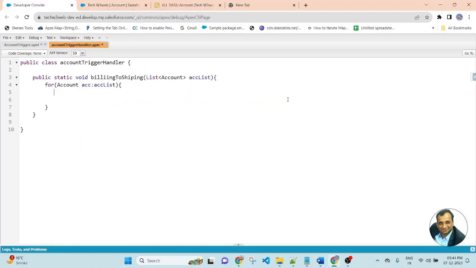So friends, before assigning the billing address to the shipping address, first we will write a condition. If the checkbox is checked, then we will update the value. So write a condition if, and inside the if condition we will check the status. If the status is equal to true, then we will assign the value.